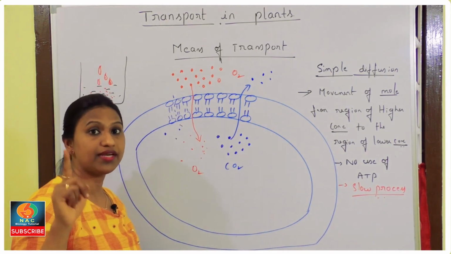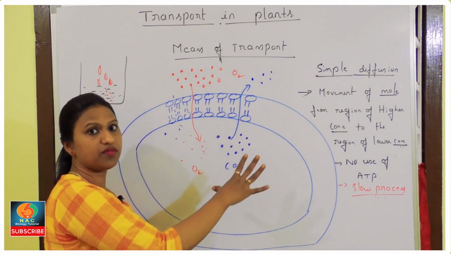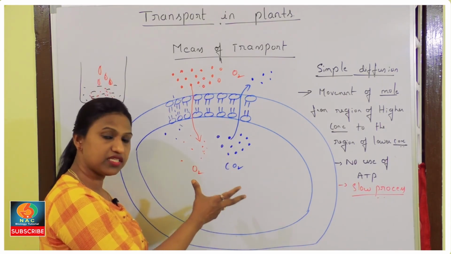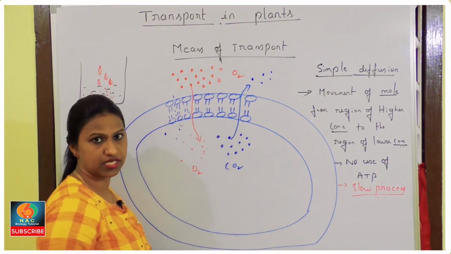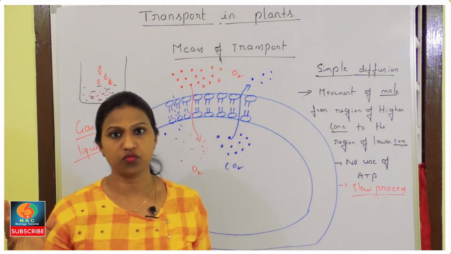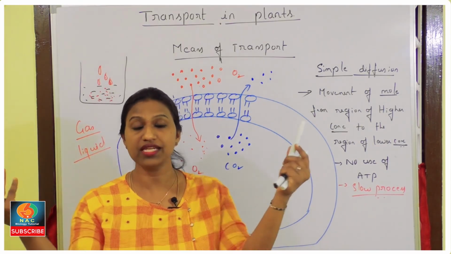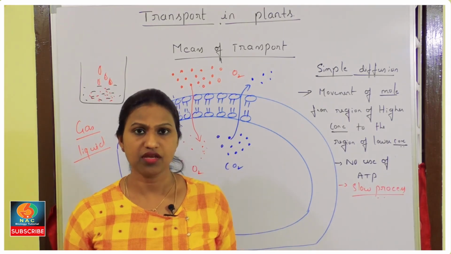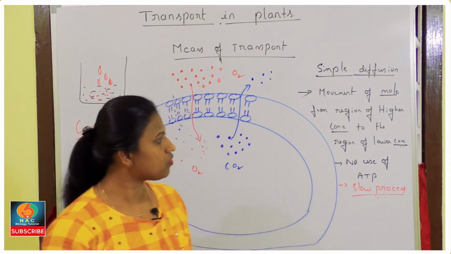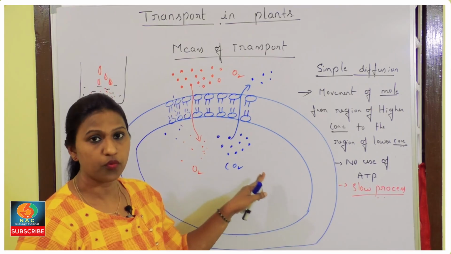It is not dependent on living system. Okay, so for the movement of the molecule, it doesn't mean the cell should be in a living condition. Even in the dead cells also, the molecules can diffuse easily, right? Say for example, a gaseous molecule. Suppose in this room, if I just spray the perfume, it need not be in a living condition or living state. The molecule can easily diffuse in the air, isn't it? So these are certain points that you have to remember in simple diffusion. Okay, hope you understood this.